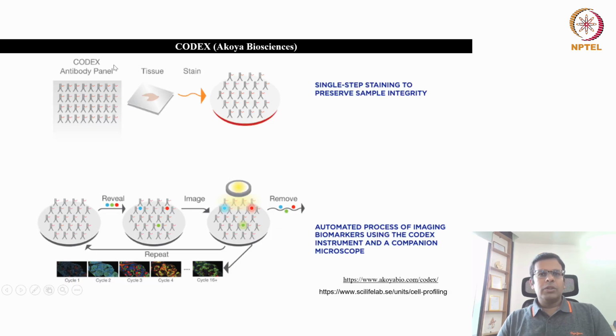So here is the CODEX antibody panel. For any tissue, such specific panels are available from the company. You have to buy this, and then those antibodies will bind to different proteins in your tissue, and then you can reveal them one by one. First you will use 3 colors to see where these 3 proteins are localized. Then you image them. Then you remove these 3 fluorescent probes. Again you add another 3 probes for another 3 proteins, again you go for imaging, and again you wash off those 3 probes. That way you can do multiple cycles to detect around 40 proteins in the same sample.